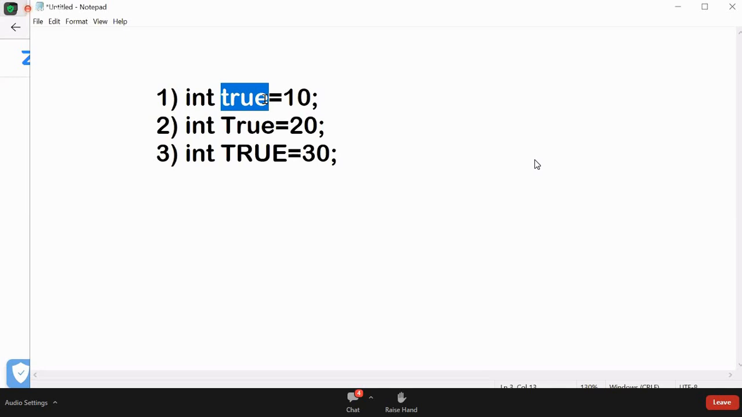Here, this is the identifier position. Here is the literal position. Here, if you write a literal, true is a literal and cannot be used as an identifier. As a literal you can use it. But if a literal is used as an identifier,